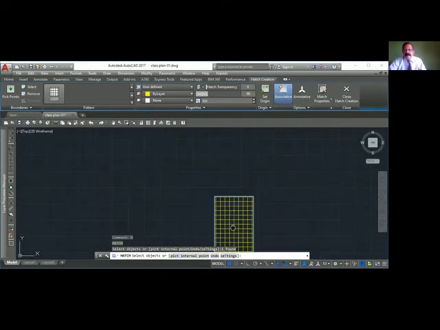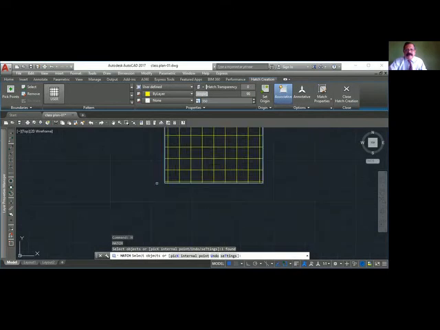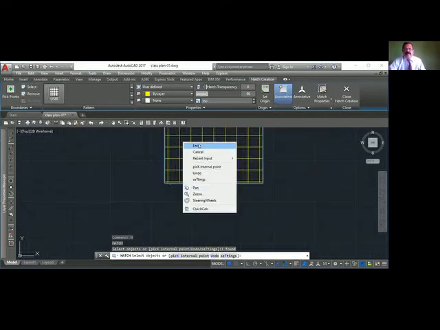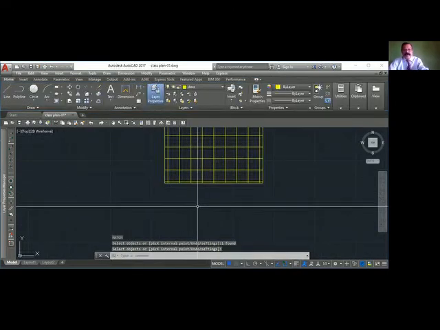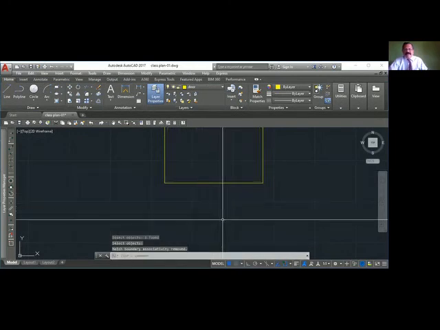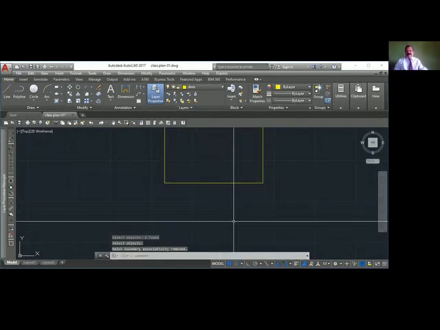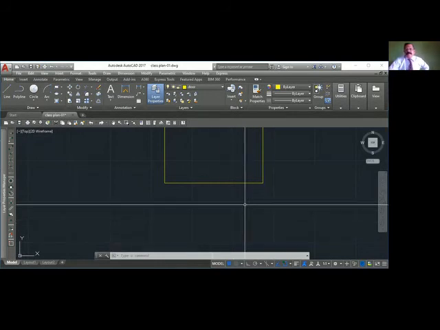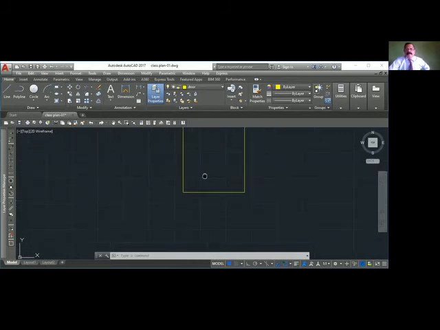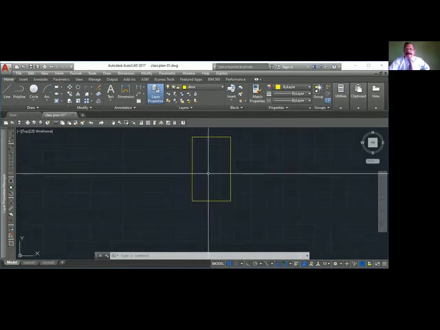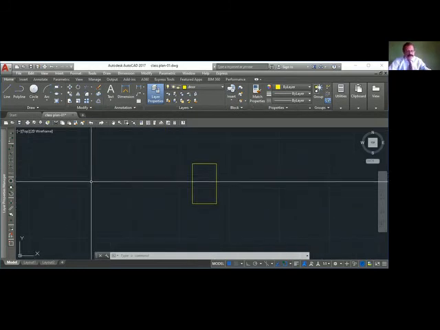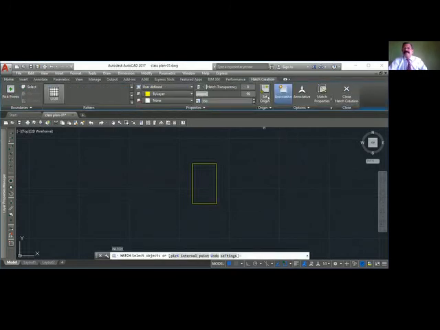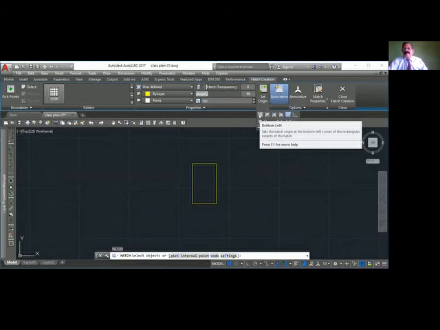Okay. Sometimes you want to start from the edge of this line, especially when you are doing the toilet. Usually what you do is you start from the door, and the cut piece will come at the end. So how will you do that? In that case, we have to go to hatch, change the origin, bottom left or something like that.